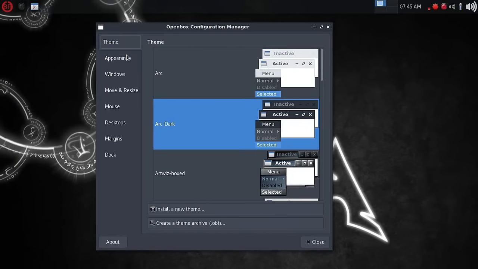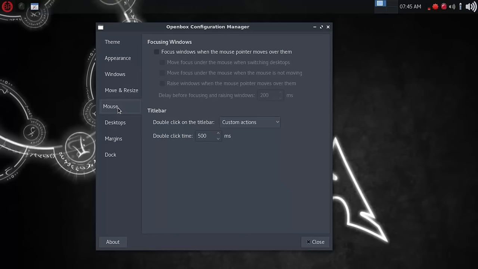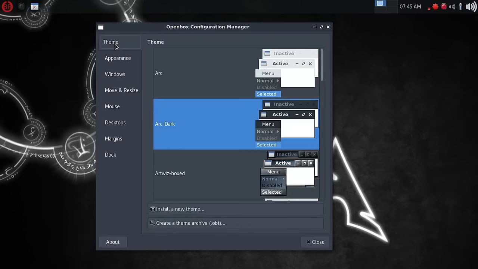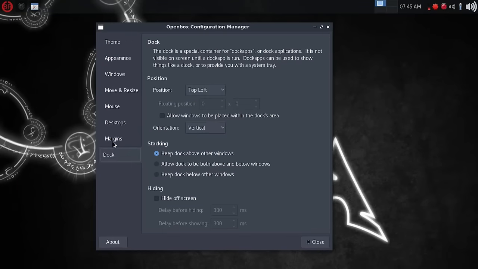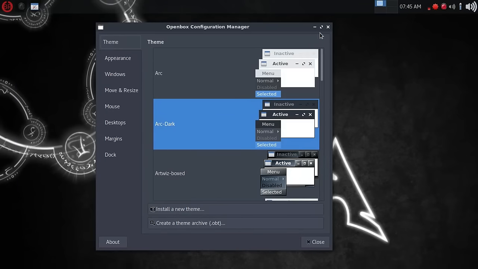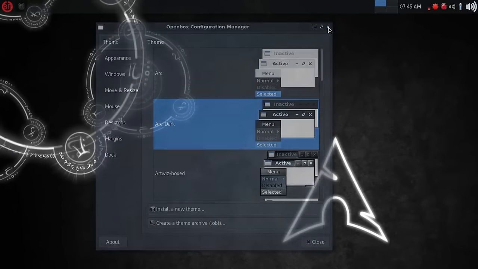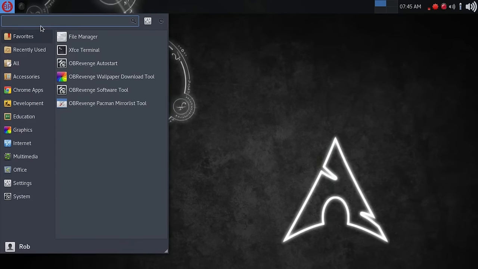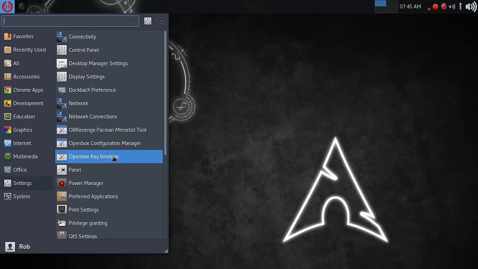Again, I'm not familiar with OpenBox, so I'm not going to spend time going through and changing things, just because I don't know my way around well enough to know what applies and what works and what doesn't. But anyway, without getting caught up in all of that, I would say that's something Jody is looking at, that there are lots of options for themes and settings, and it seems like some of them are redundant and override one another.